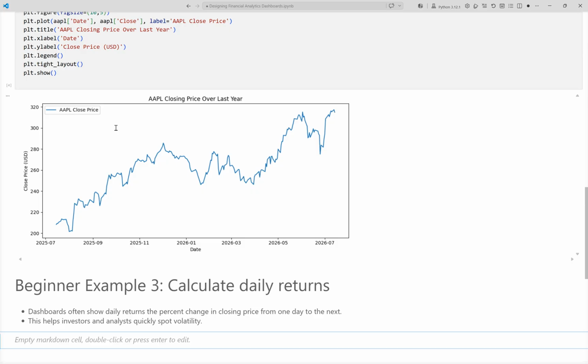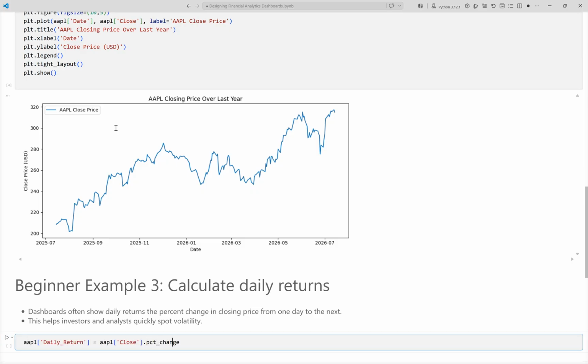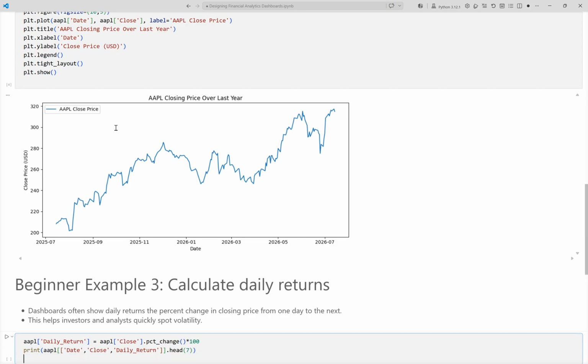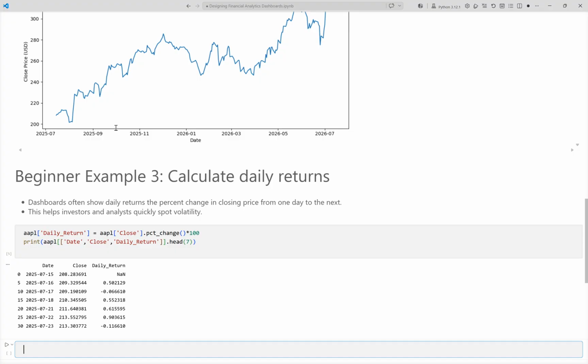We calculate the daily return for Apple as the percent change in closing price, multiplied by 100. We print the date, close price, and daily return for the first week. Running the cell now. This output shows the daily returns calculated as the percent change in closing prices from one